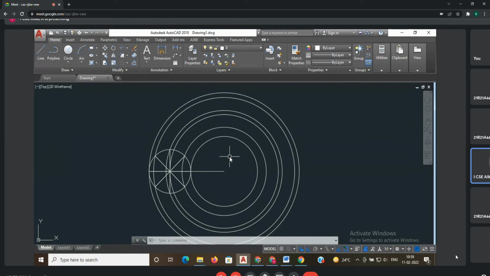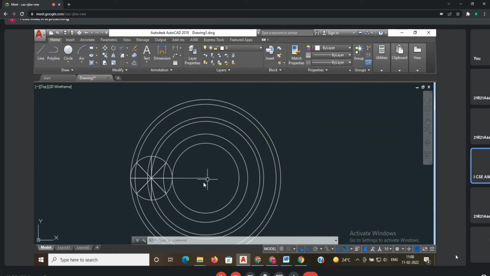Now here we don't have the length. That's why we have to find the angle, theta. What is the formula for theta? Simple. Capital R by small r into 360 degrees, or capital D by small d into 360 degrees. In this case, you will get capital R as 90, small r as 25. 90 by 25 into 360 degrees. You will get 100 degrees inclination. You have to draw the 100 degrees inclination line.